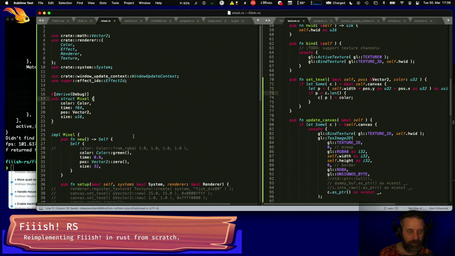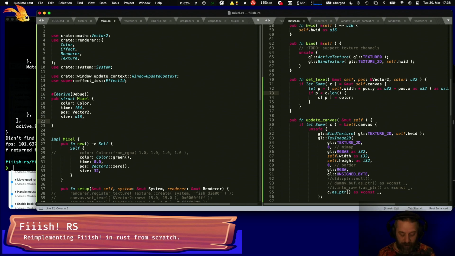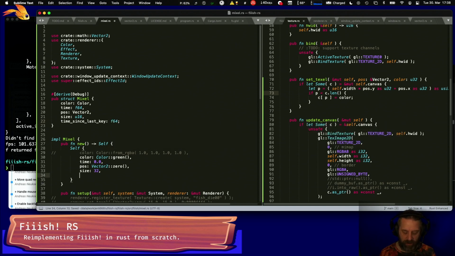Debouncing. So what if we had time since last key? Right, and we say time since last key is